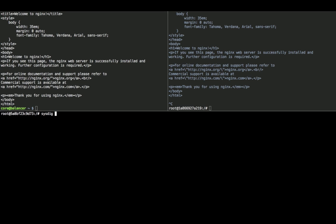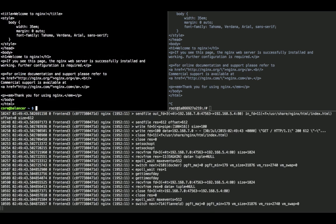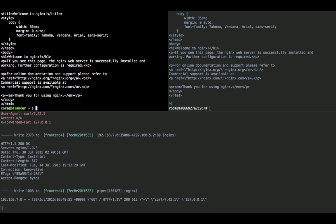I'm going to use sysdig with container.name contains frontend. Notice the fuzzy matching, because I don't know which one of the NGINX containers will serve my transaction. So with this, I can catch them all. And if I do a curl, oops, of course, I forgot to put the chisel name, echo file descriptor chisel. And if I do it again, now I get